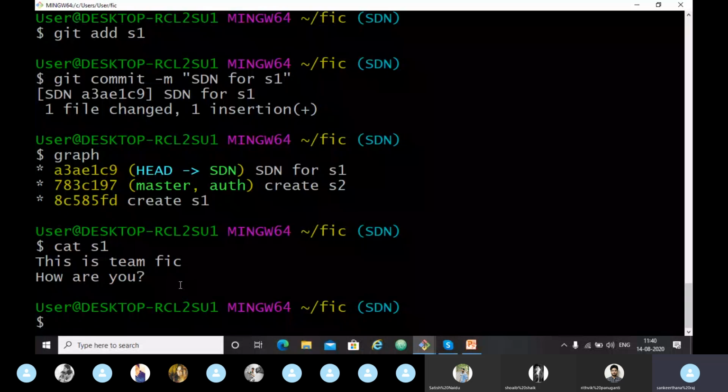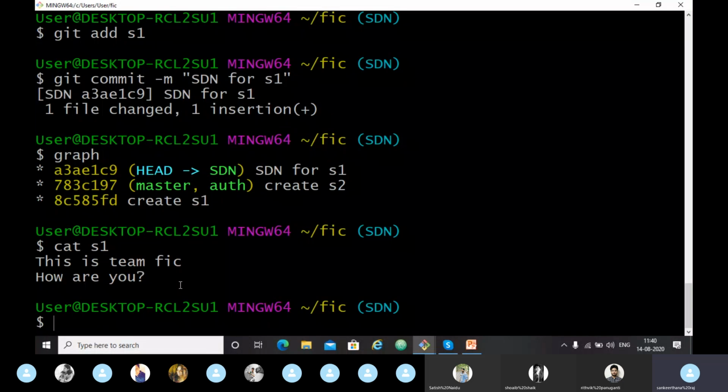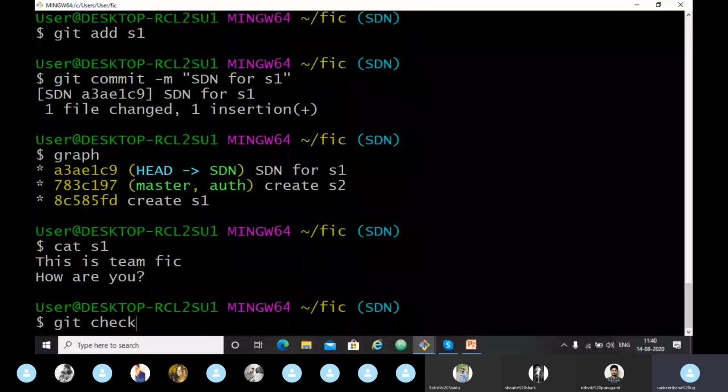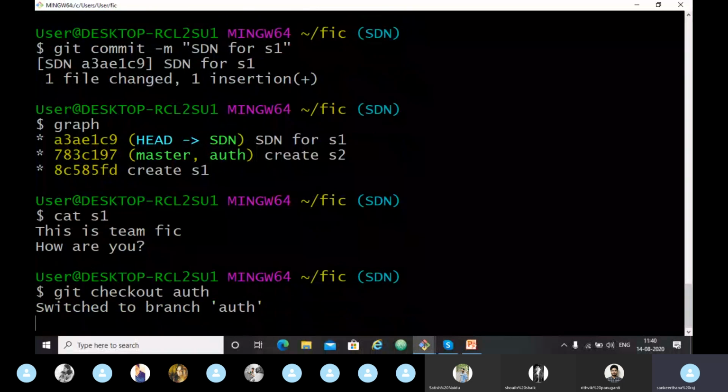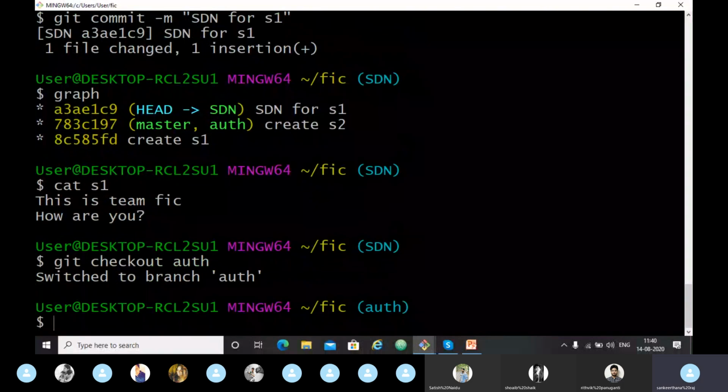So let's check out the auth branch now. Checkout auth. I have switched to the auth branch.